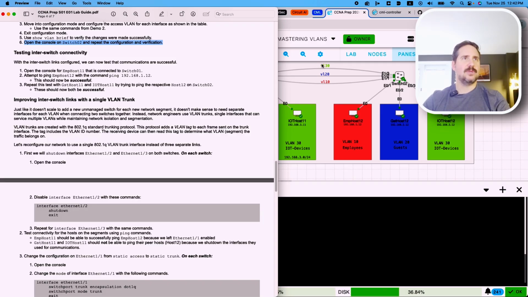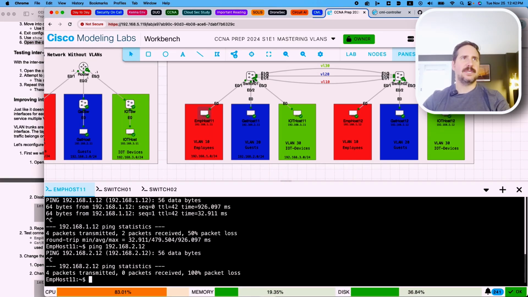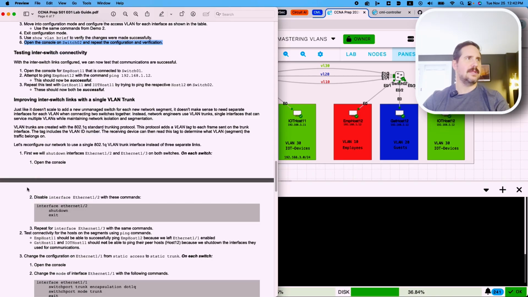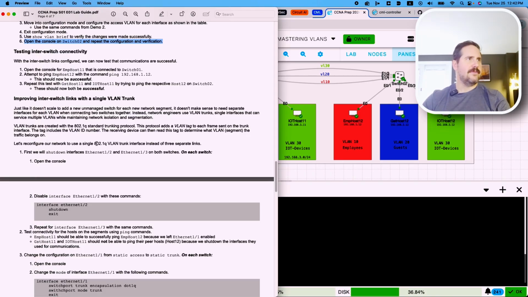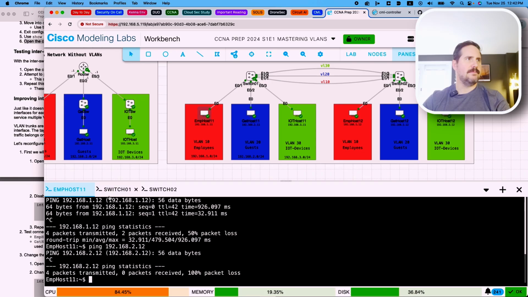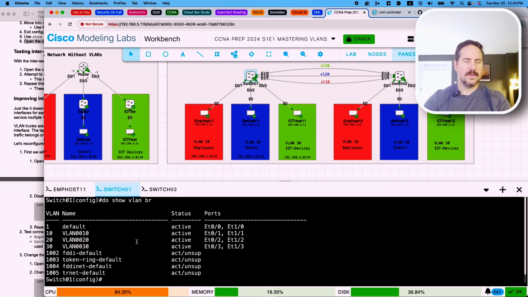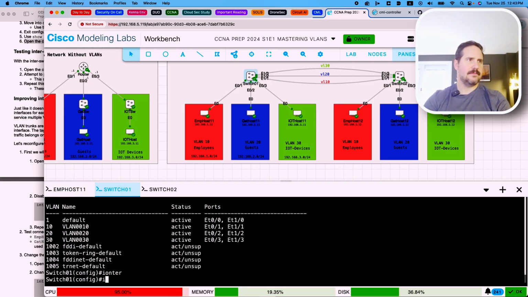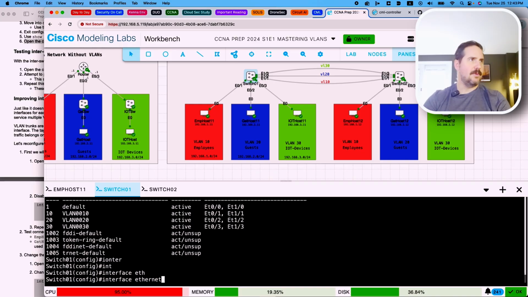Okay, so these 3 links here are the ones we're talking about that we want to consolidate into one link and yet still have all 3 VLANs communicate over that single link. First we will shut down interfaces Ethernet 1.2 and Ethernet 1.3 on both switches. Okay, so switch 1, interface Ethernet, what did we say? 1.2,